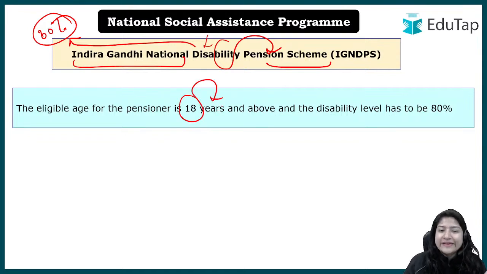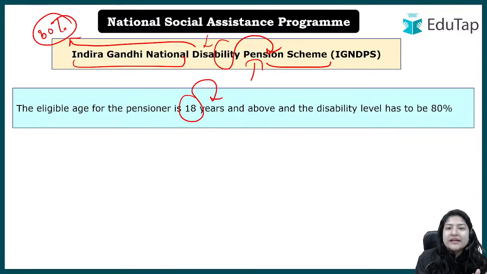Why not before 18? देखो, you have to understand, when we are talking about pension, means we are compensating for unemployment, right? You have to keep in mind that Article 41 talks about providing work, or if not, then the assistance with it, right? Now, 18 is the legal age in India, right? Below that, 14 years, 13 years cannot work, right?